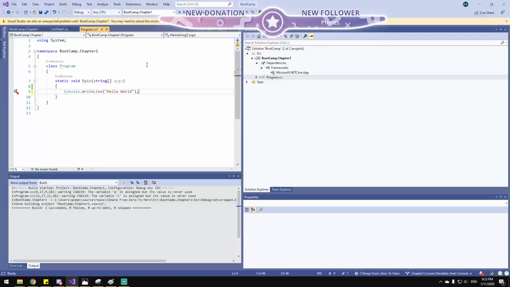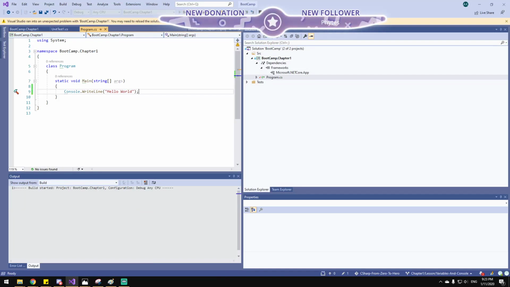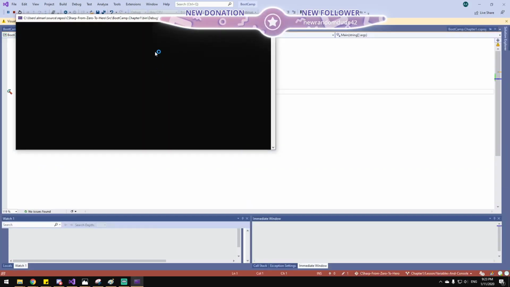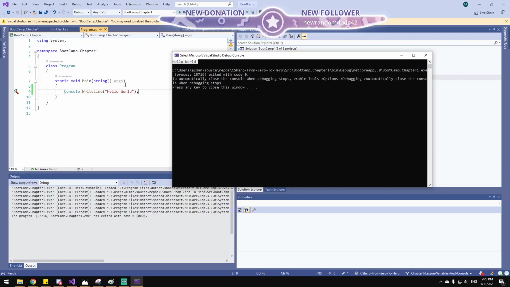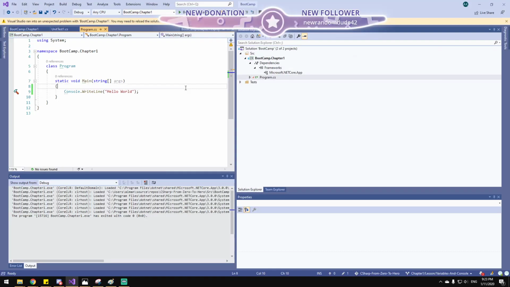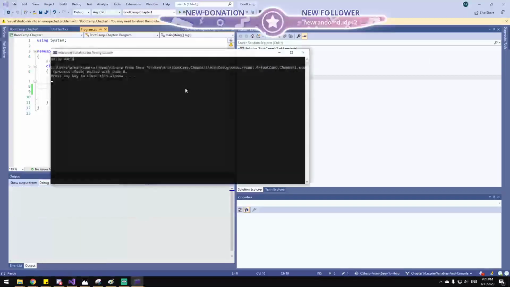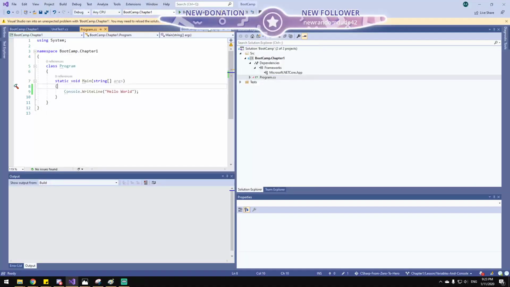And I can run my program in two ways. I can hit here and run. And you can see it printed hello world as I instructed it. Or I can press Ctrl F5 and do the same. The difference is that if I run it like this,